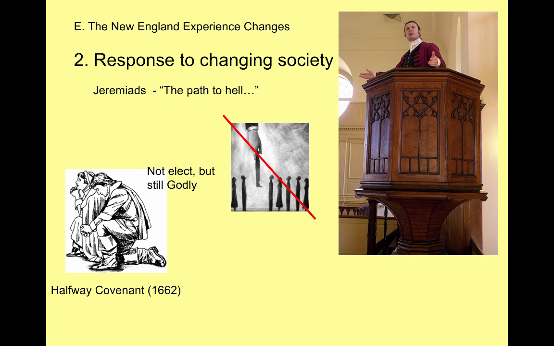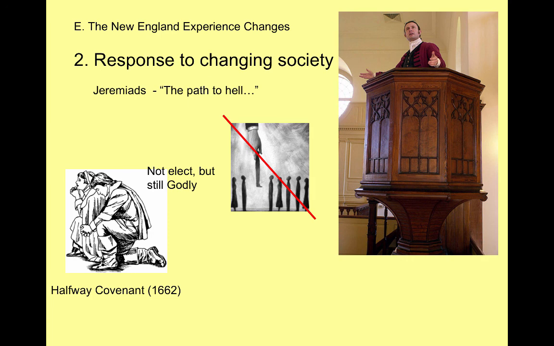And so as church membership starts to decline, so does the amount of people who can vote in society, which creates political tension. Not just religious tension, but political tension, because now fewer and fewer people are able to vote in that town hall meeting. Just like in the South, the people on the East Coast, the older generation, are able to vote because they've gone through all the hoops to be a visible saint and elect, a full member of the church. But the people further west, in poorer, newer settlements, haven't. And so the East Coast is controlling the politics and the economy of the colony, and the people further inland are not. And so this is creating a lot of friction.